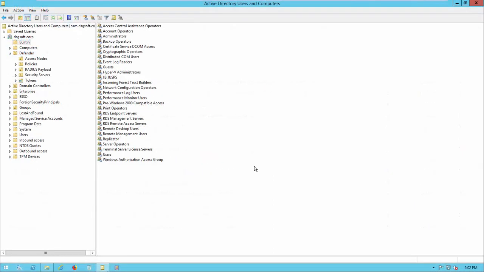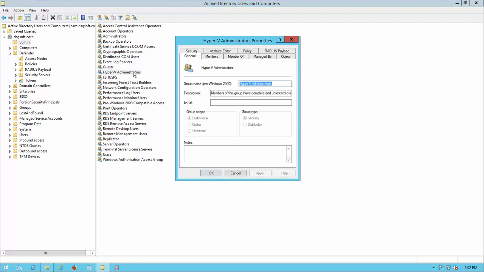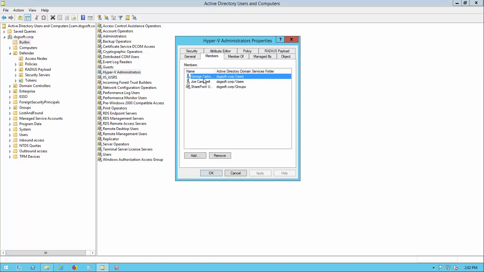So here we are in one of my demo environments, and sure enough, we found the Hyper-V administrator group right here. And if we double click on it, we can see that on the members tab, I have two members, Joe and George. However, someone added SharePoint user group. This seems to me like a mistake, and this is the type of mistake that I might not be aware of if I didn't have a tool like IARI to tell me, you need to take a look at this,